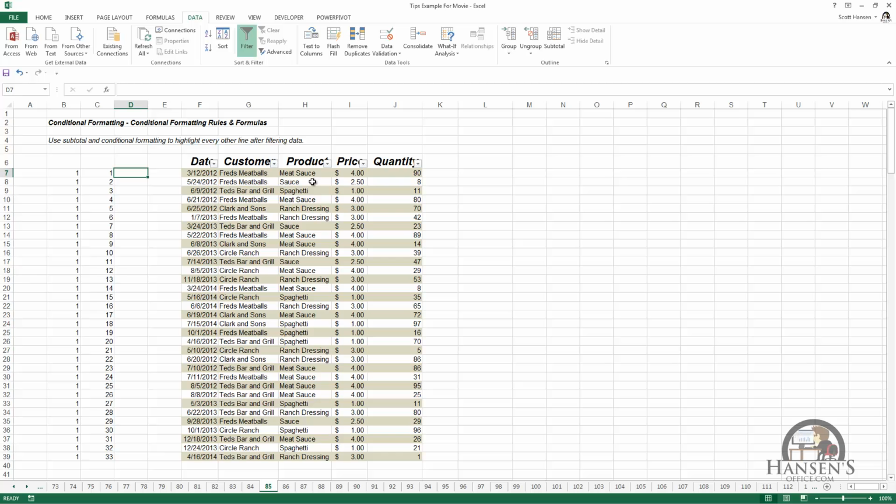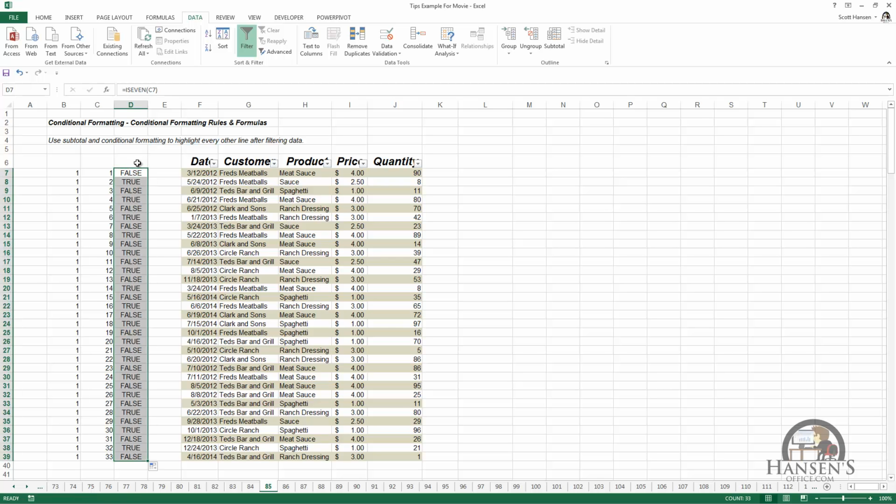And finally, I want to use the ISEVEN, or I could use the ISODD function and reference the cell to the left. And double-clicking the fill handle to copy that down, I now have identified every other line with either true or false. Well, now I'm going to select our data